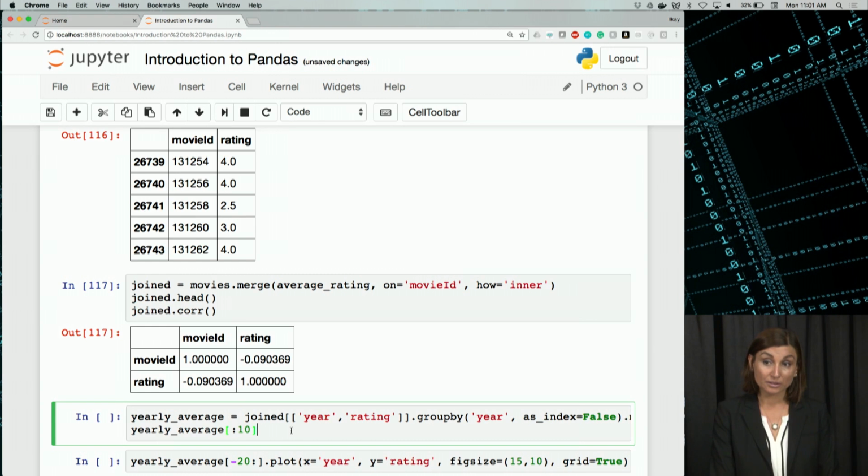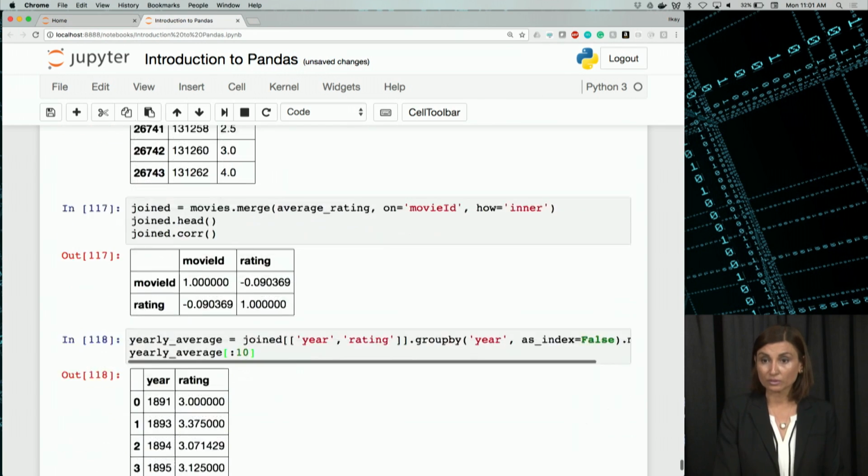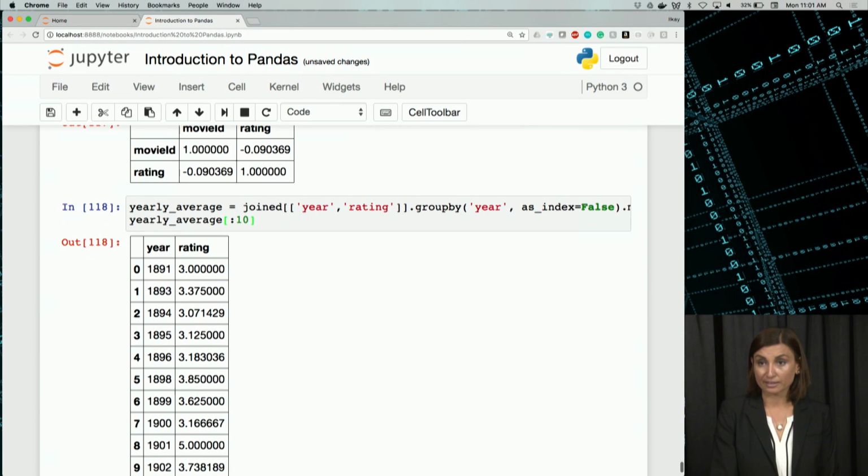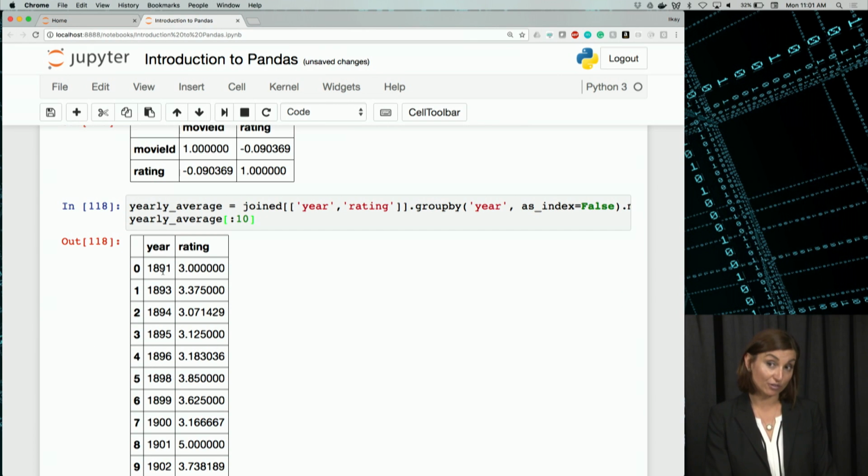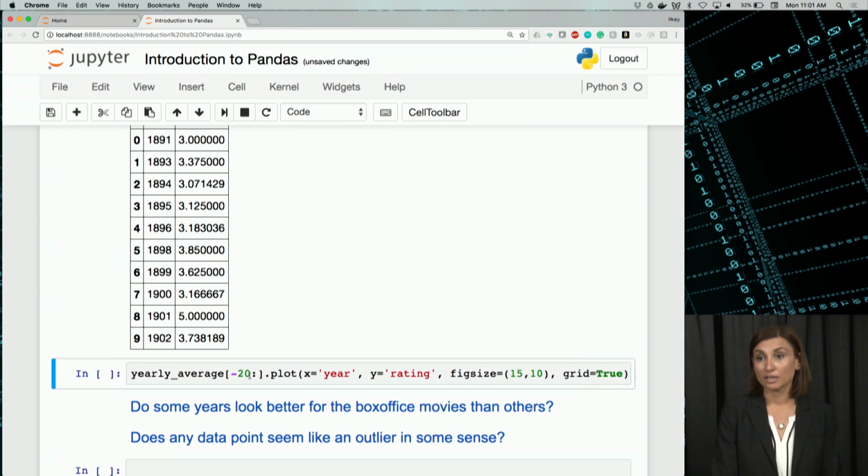Now, we can create yearly averages by grouping by year on that join table. We were joining it, and we have the years in there as well. If we select the top 5, we see the year of the movie and the ratings for that movie, but only based on the year. So now if we take a yearly average plot here,